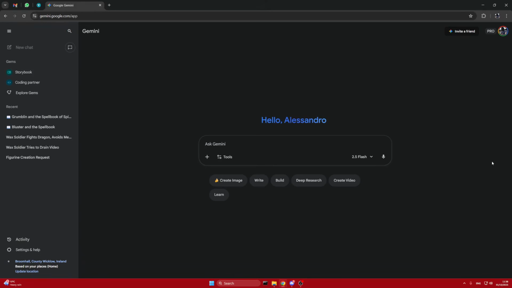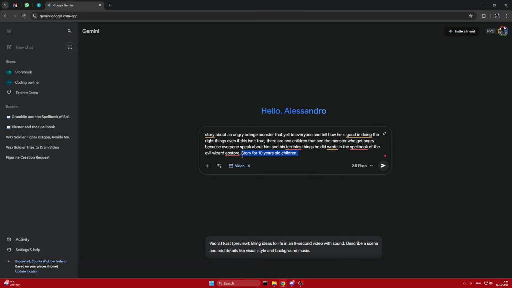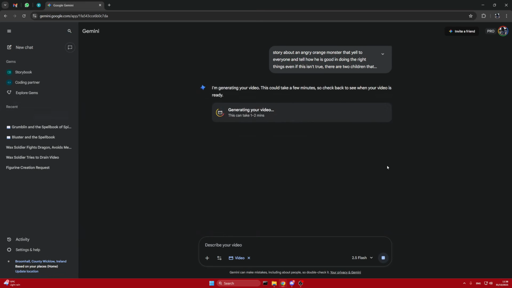Now that you have fun creating storybooks, you also have the possibility to give a live action to your stories, using the feature Create a Video. I can create the same storybook as a video and see how it will be created. Remember, Gemini has a limitation on how many videos you can make based on your plan, but there is a